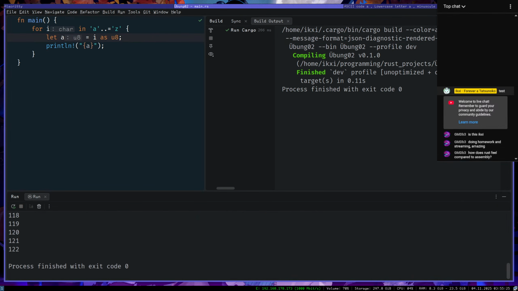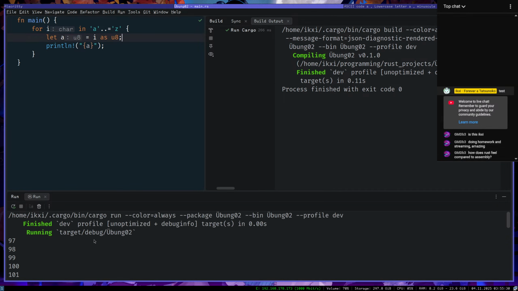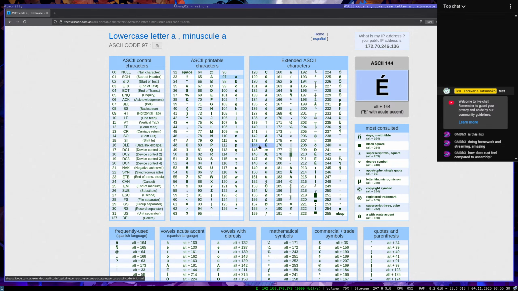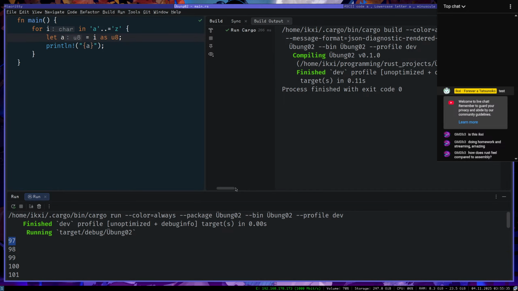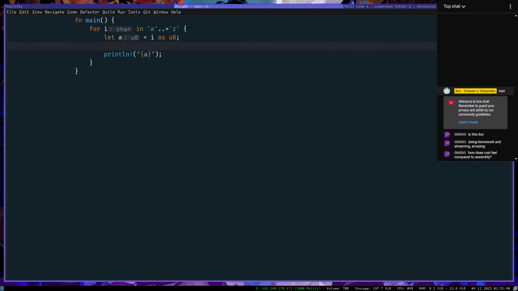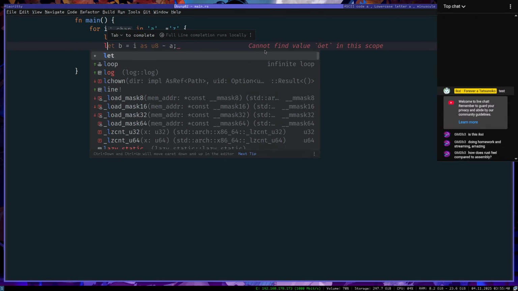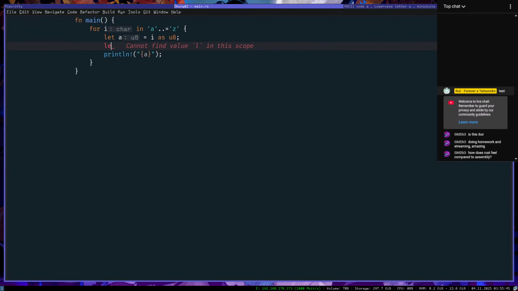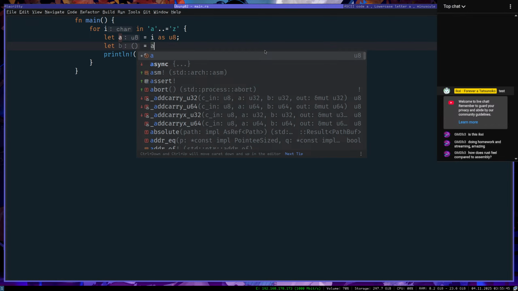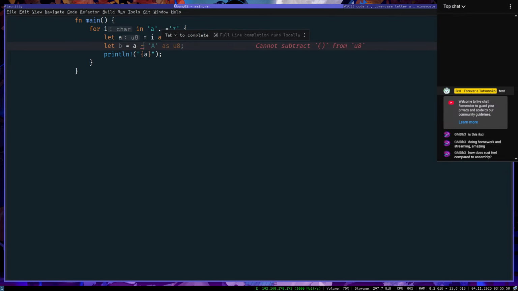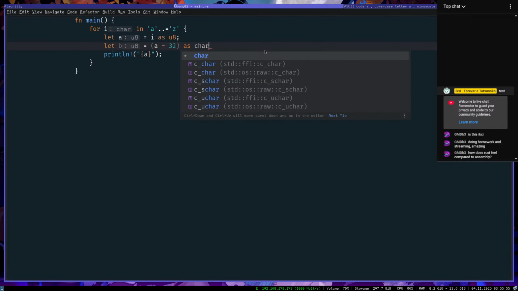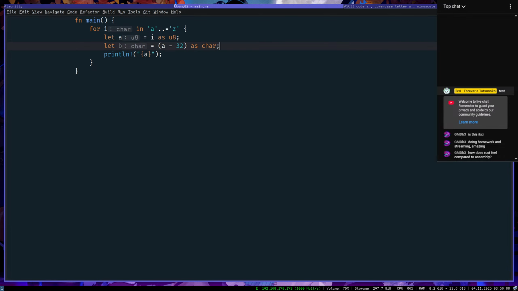Okay, let's see, did that work? Yes, 97 to 122. Yeah, that works. Then let b equal a minus 32 as char.